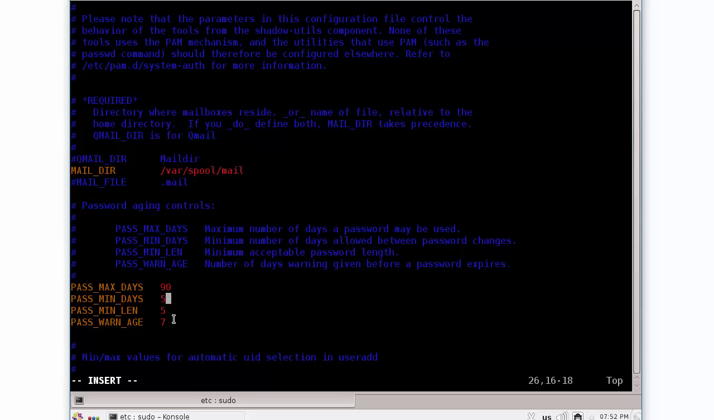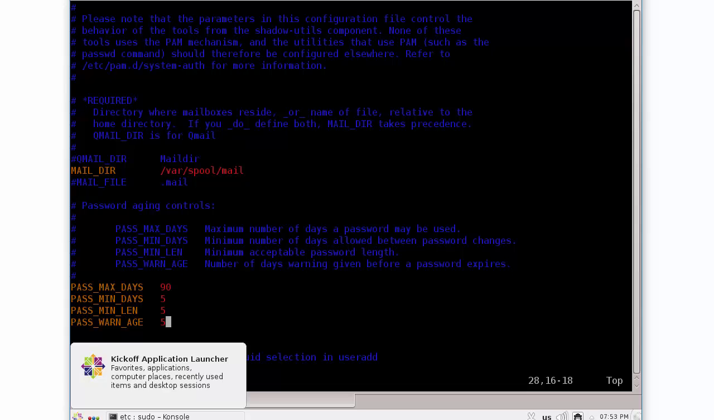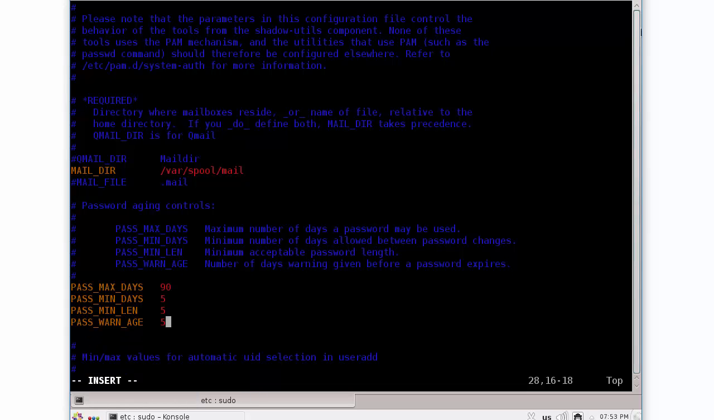And then we have the password warning age, and in this case it's set to 7. It just means that when a person's password is about to expire, he or she will get 7 days warning about having to change it. But again, you can change that to whatever you want. Let's say that we only want to give them 5 days. We can do that, right? And then, of course, we can save that file if we want to. We're not going to save it here in this case. We're going to leave it the same. But anyway,